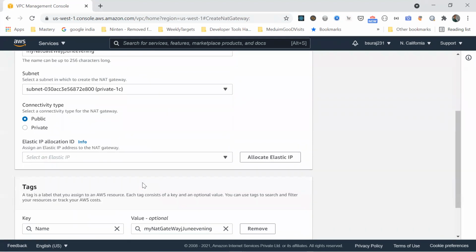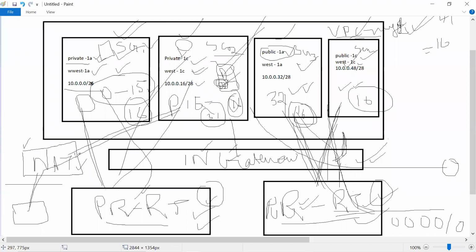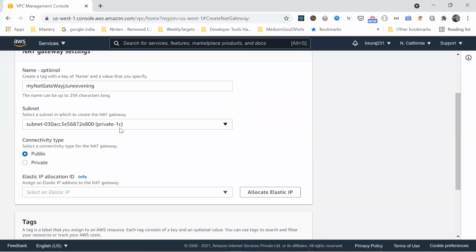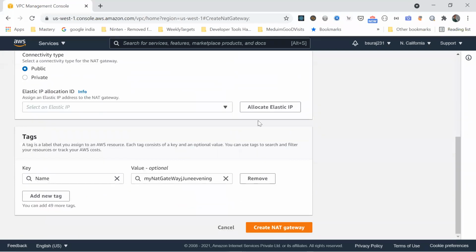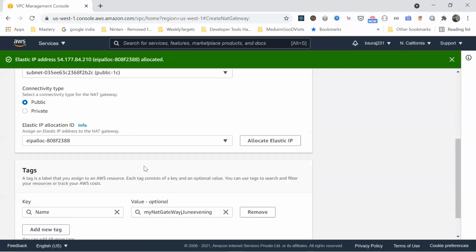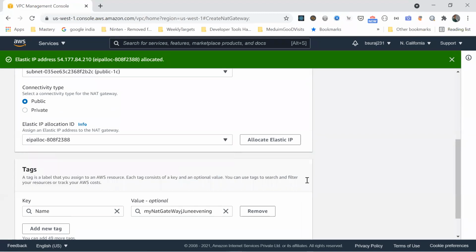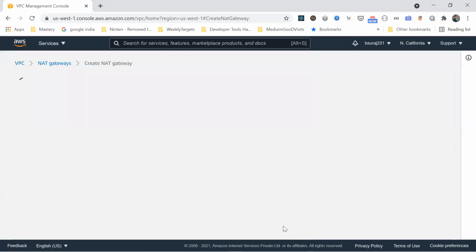Yeah. There is a catch here. You need to associate your NAT with a public subnet. You cannot associate it with a private one. In the backend, it will be using the internet gateway. I'll keep it as an assignment for you to understand why we are associating your NAT gateway to a public one. We won't be doing it with a private one, we'll be connecting with the public. And connectivity type public. Yeah. Allocate elastic IP. There is an IP address which is allocated by default, which is selected. Good. We created the NAT gateway.